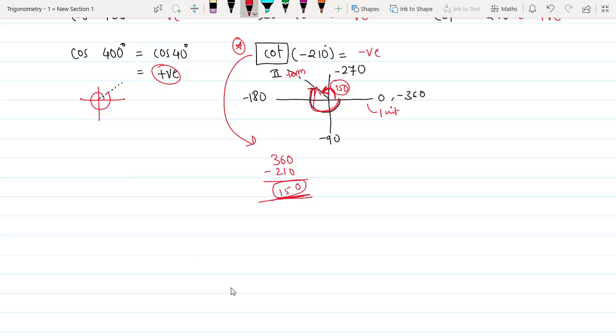Okay, no problem. Chalo. Now let's see how to calculate the angles if we have some non-standard angles. Sorry, how to find out the trigonometric ratio values for non-standard angles. Non-standard angle means